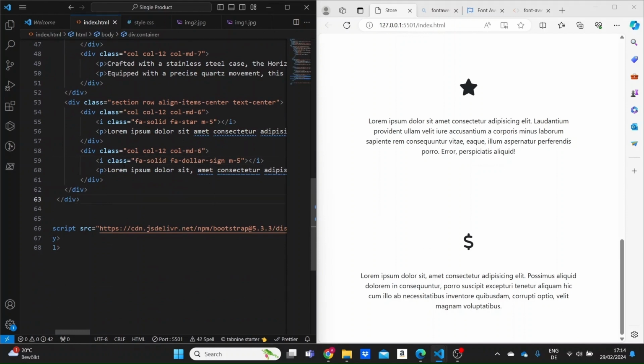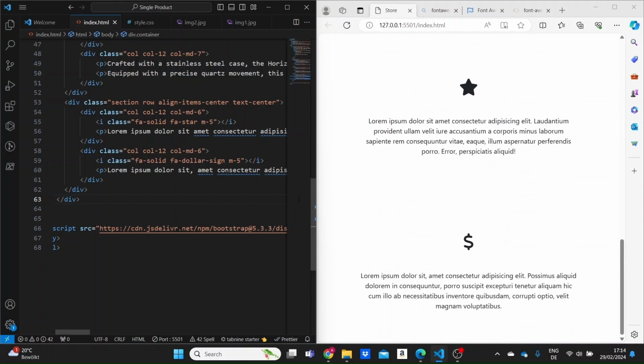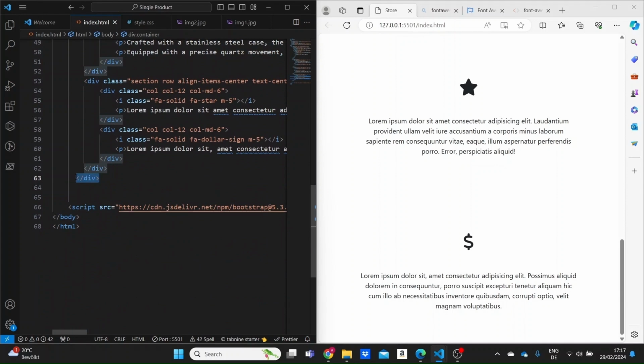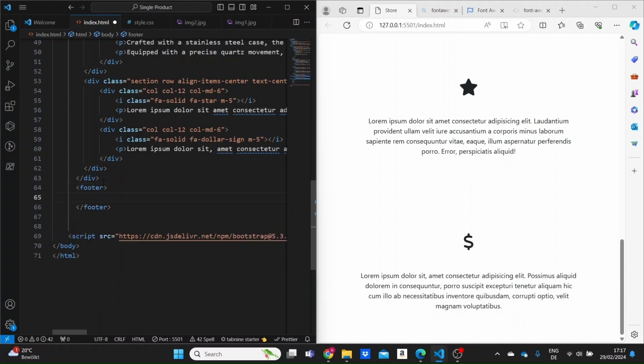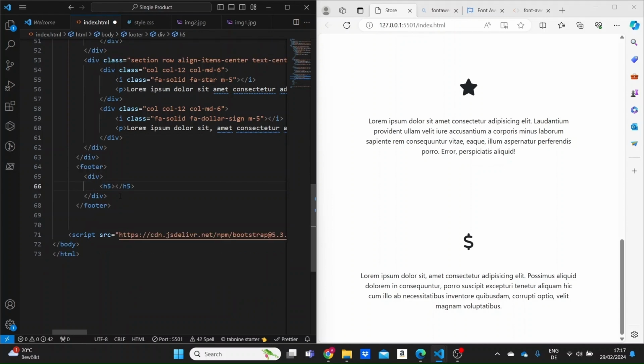Right now we are just going to need to input a footer, and we're also going to create a simple and quick about page. So just after our container ends with this closing div tag here, we're going to input a footer element. In here, what we're going to need inside of it is a div tag, and firstly I'm just going to take an h5 header to input the name of our web page. We just left it stored, so just store in here, and then in a paragraph tag,